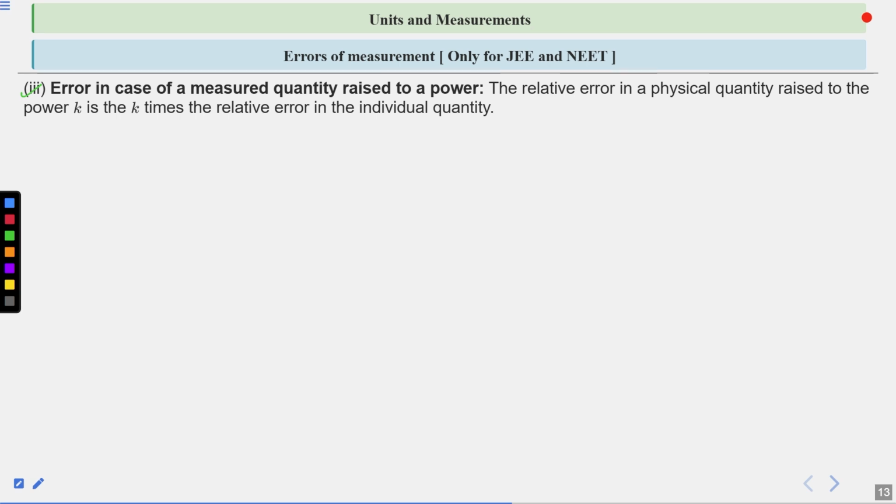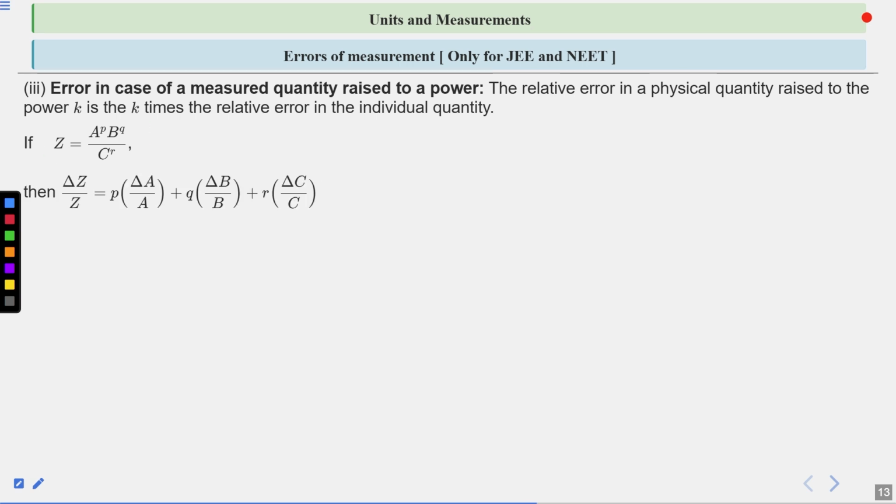Third is error in case of a measured quantity raised to a power. The relative error in a physical quantity raised to the power k is k times the relative error in the individual quantity. So if we have z is equal to a raised to the power p, b raised to the power q, divided by c raised to the power r,